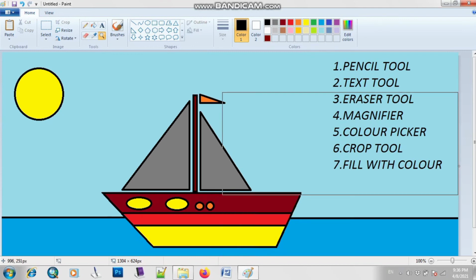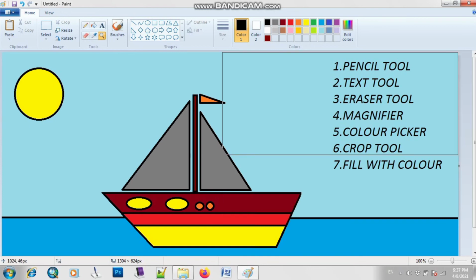After that we have color picker. So now what is the use of color picker? Faizan, can you tell me? Right, color picker tool is used if you want to fill color in one picture and use the same color in the other picture. So that you can do with the help of color picker.